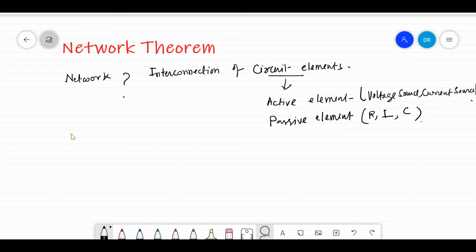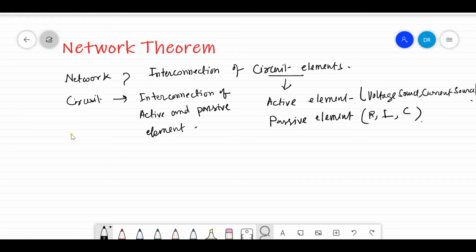But what is a circuit? Circuit is the interconnection of active element and passive element. Circuit is interconnection of active element and passive element. So that means